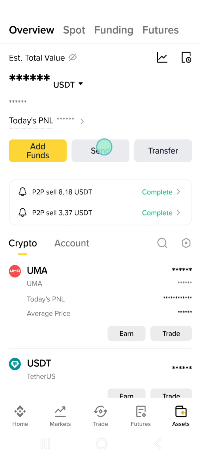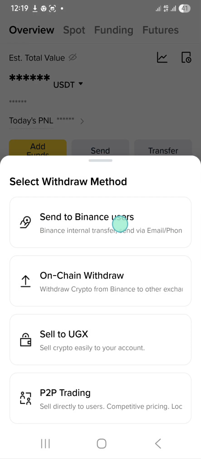When you are sending to a Binance user, they don't charge. And then